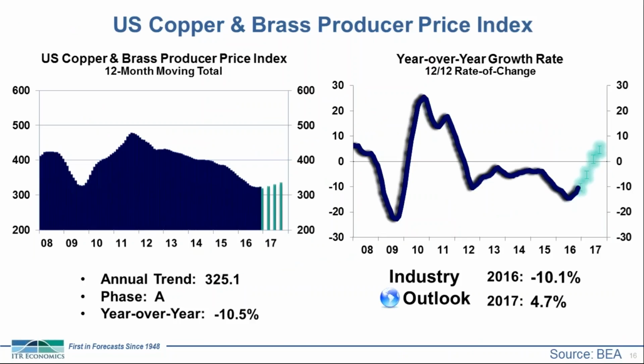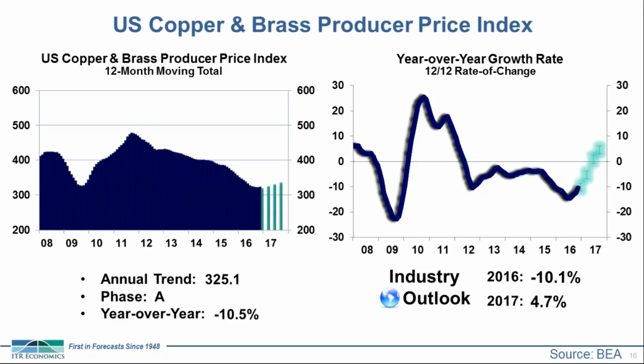And again, there's always a second side of the story. Increased demand and general growth in the copper industry generally leads to rising prices. Here we have the U.S. Copper and Brass Producer Price Index. I don't want you to get confused with copper commodity prices, which are generally rising as well, but instead this is industry-wide throughout the U.S. copper and brass industry, what baseline initial producers on average can expect to get for their products.